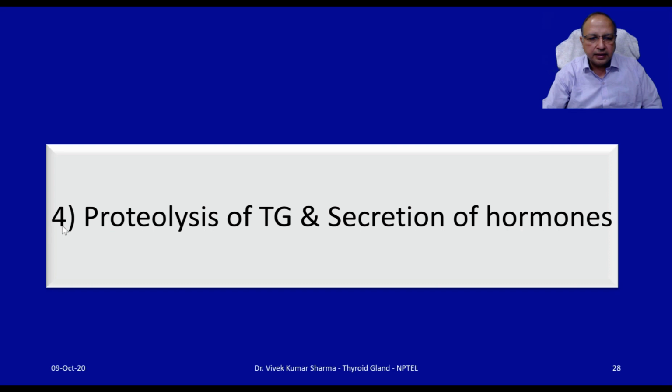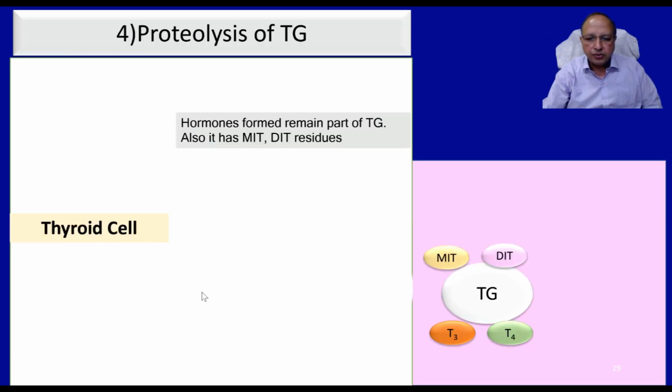Then the fourth step: after the synthesis of the thyroid hormones has occurred, there will be proteolysis of the thyroglobulin and the secretion of the hormones. These hormones are now produced and bound with the thyroglobulin and they stay in the colloid. When the body needs to secrete thyroid hormone, there will be endocytosis of this thyroglobulin, which has MIT, DIT, and T3, T4 also